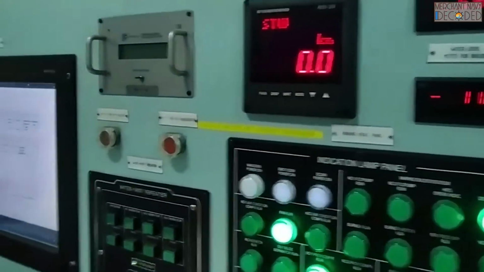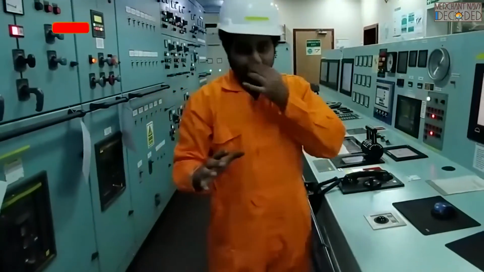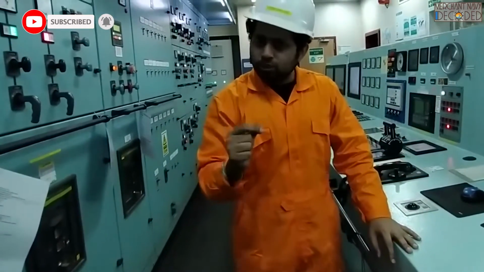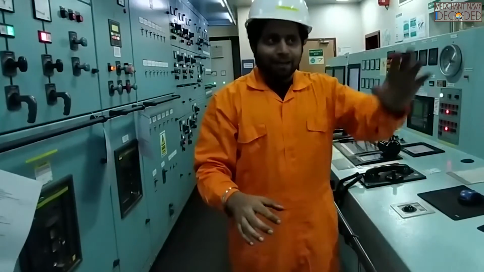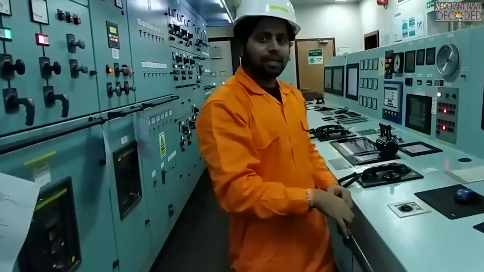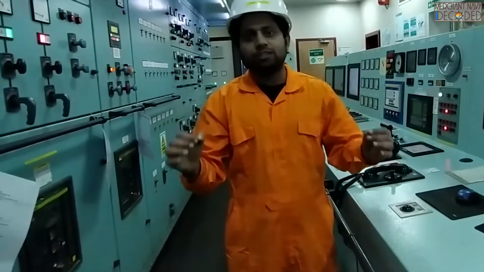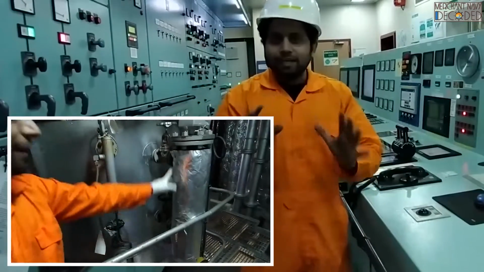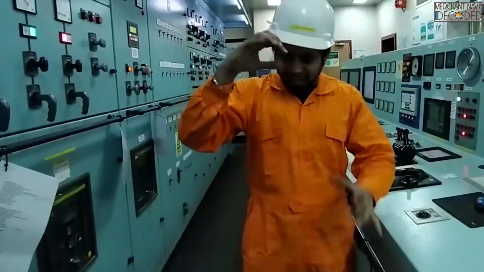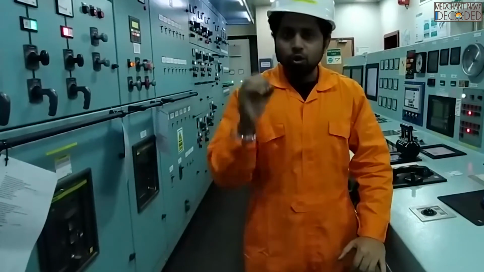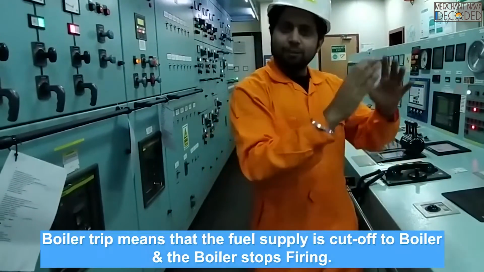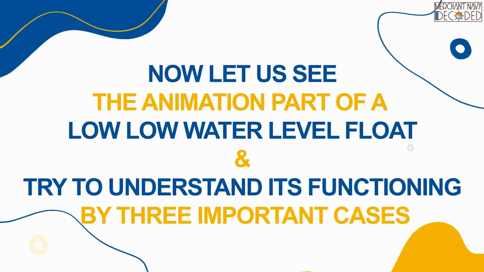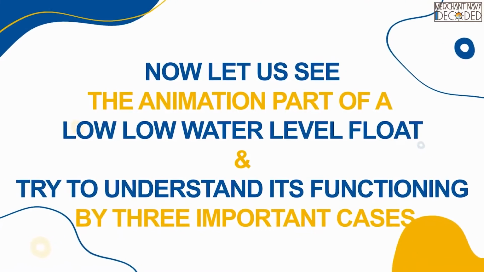Now understand one thing, this is all automation. On a ship we should not be relying completely on automation, because with one small mistake we are screwed. So on a ship, apart from this water level alarm coming in the ECR, there is a different individual system provided on board, a float system, which is completely independent of automation. If that float comes down, it gives a low water trip. Straight away the boiler trips.